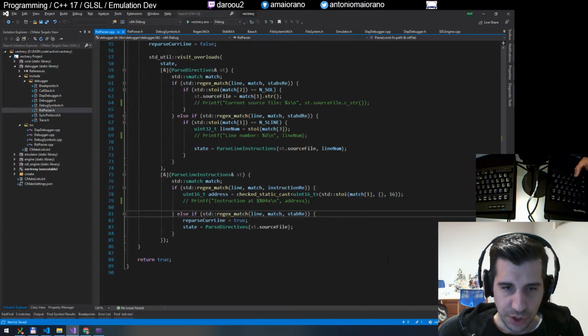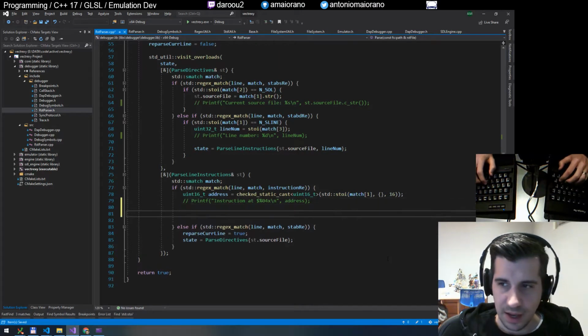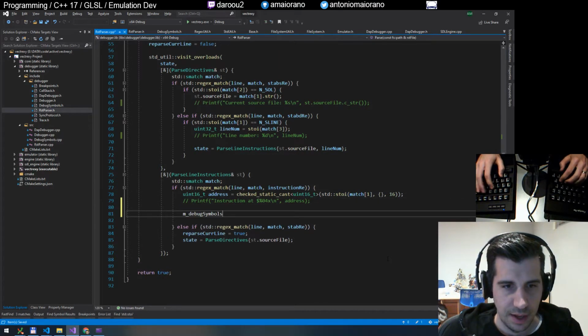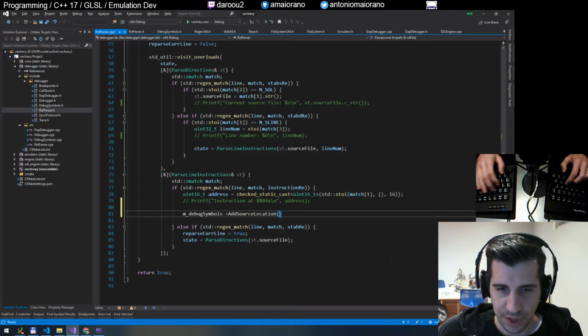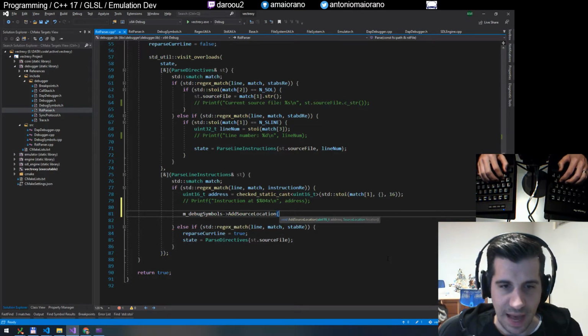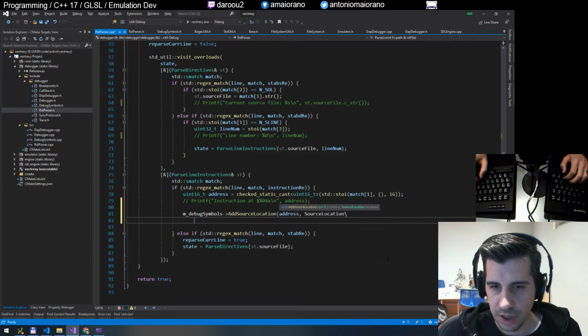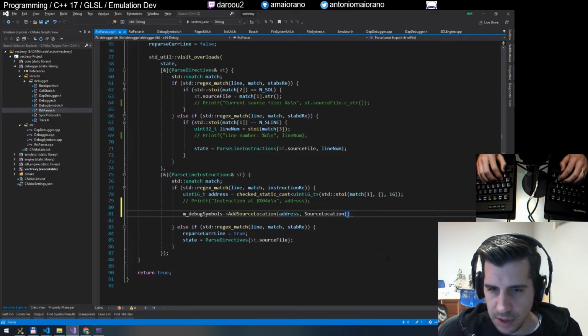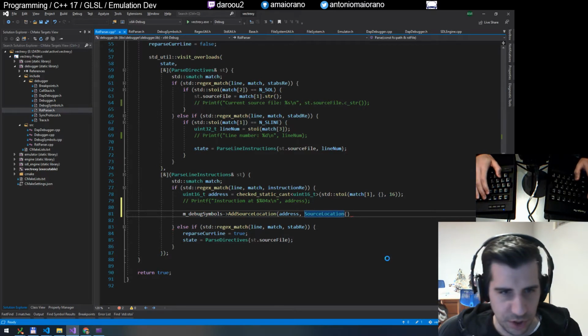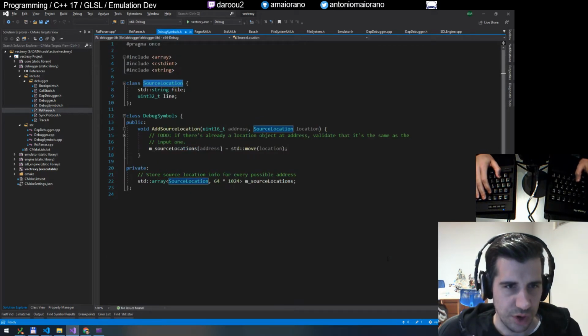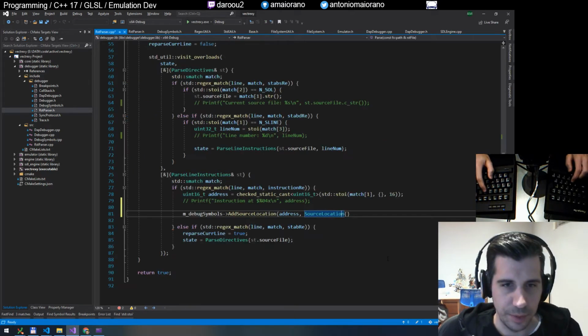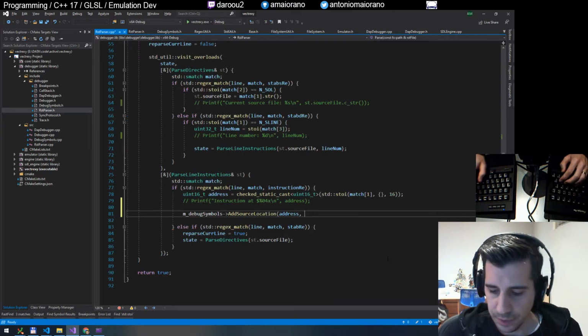So what do we want to do? Let's say we've matched an instruction. We basically want to do an add source location, where we say add this address, and we want to create a source location. Whoops. Now source location, if I recall, is only 2 fields. It's file and line. No big surprise there. So I can actually just do this, file